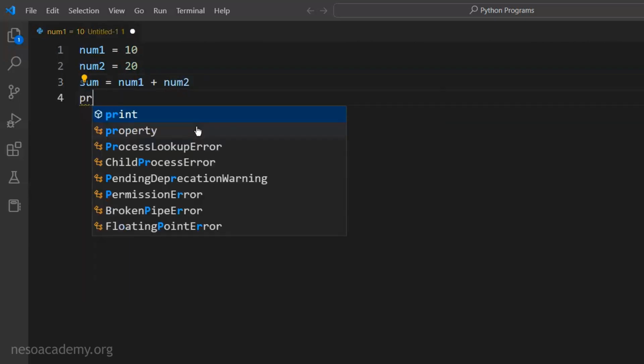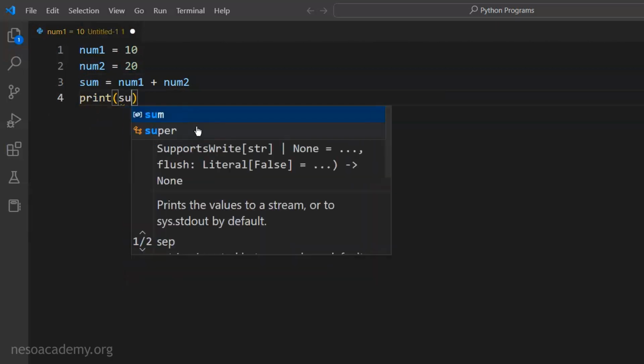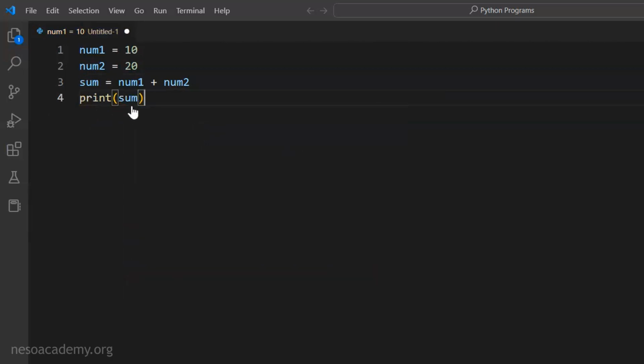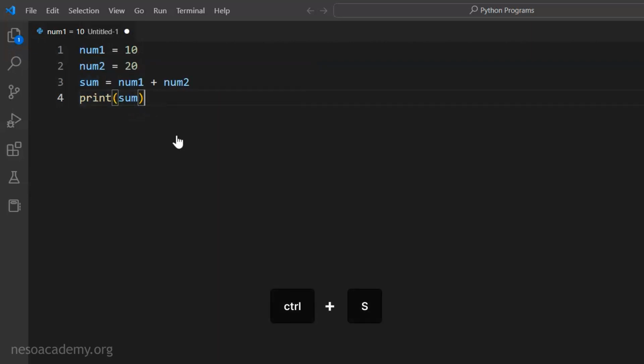Now I want to write this command, print within parentheses sum. This will help in printing the sum, which is 30, on the screen. Why will we get sum as 30? Because sum is equal to num1 plus num2. Num1 is 10 and num2 is 20, therefore num1 plus num2 gives 30, and sum is now pointing to 30. So this means that 30 will get printed on the screen. We need to save this file now,